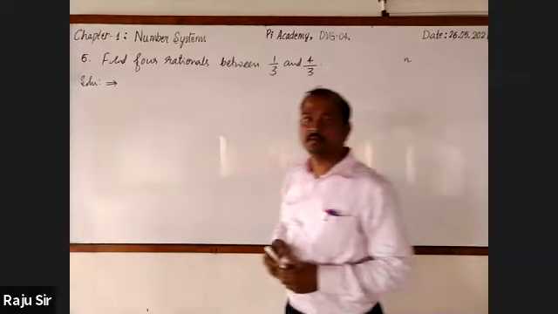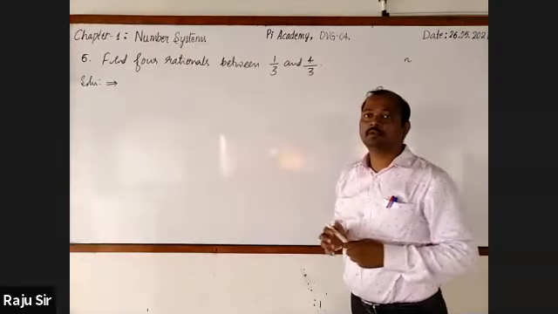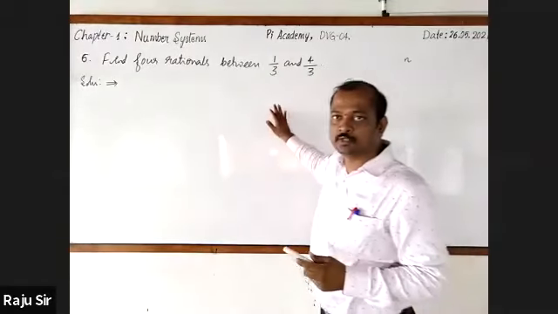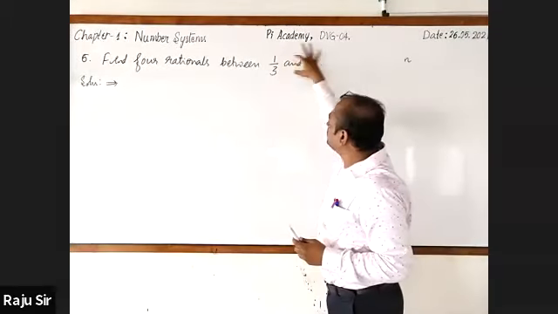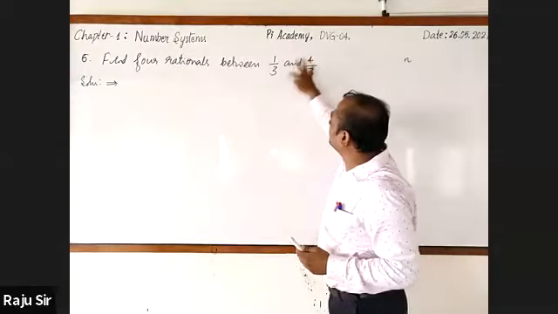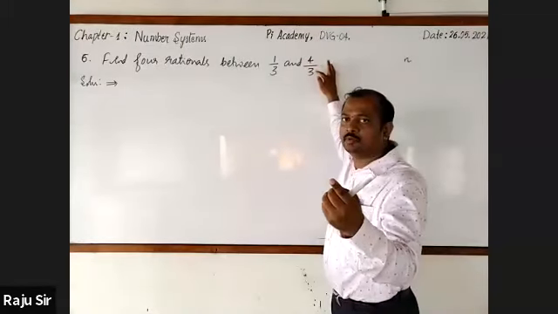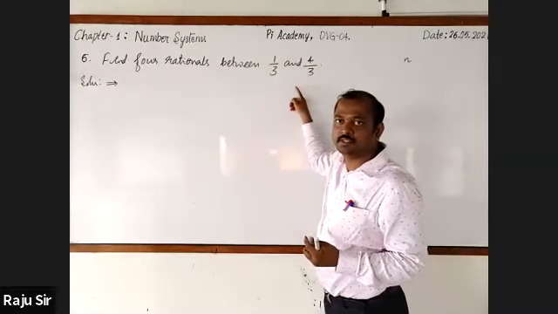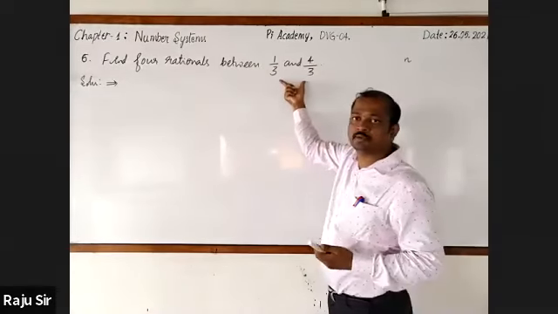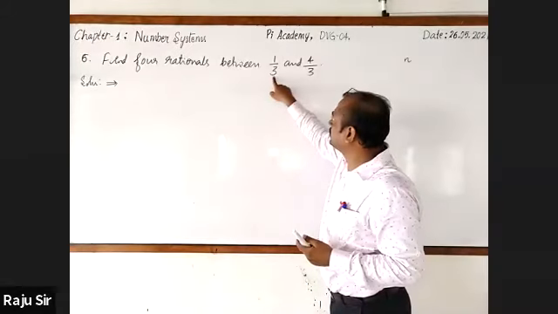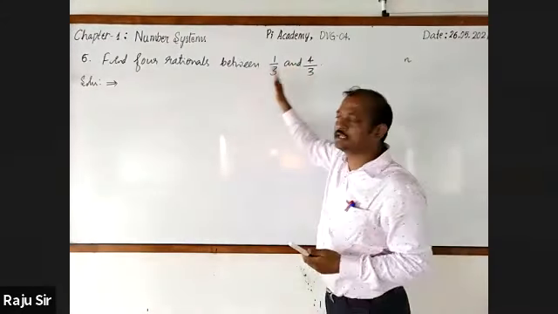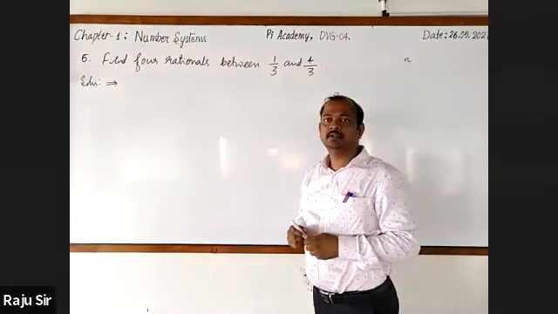Hope that you have written. Now just listen to me. Stop writing and observe the word. Here, these 2 numbers are in p by q form. And one more thing you can notice in these 2 numbers is that the denominator terms are the same. First one 3, second one also 3. Under such a condition, follow the same method.